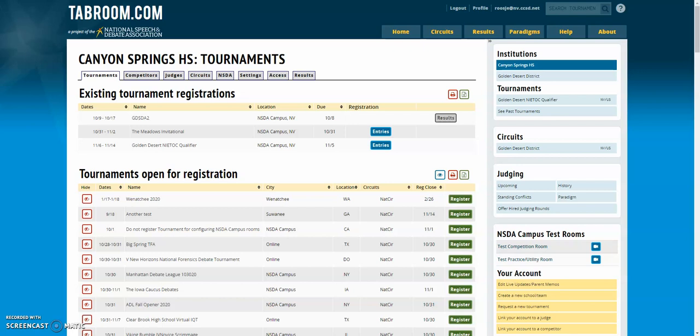We are really excited to still be able to hold tournaments this year to give students the opportunity to compete. And I hate to be this person, but in giving students those opportunities, there are costs associated with the tournament. There's the NSDA campus rooms, there's the extemp questions from the NSDA, and there are awards and the shipping that is associated with those awards, since we are all in our homes and cannot pick up awards at an award